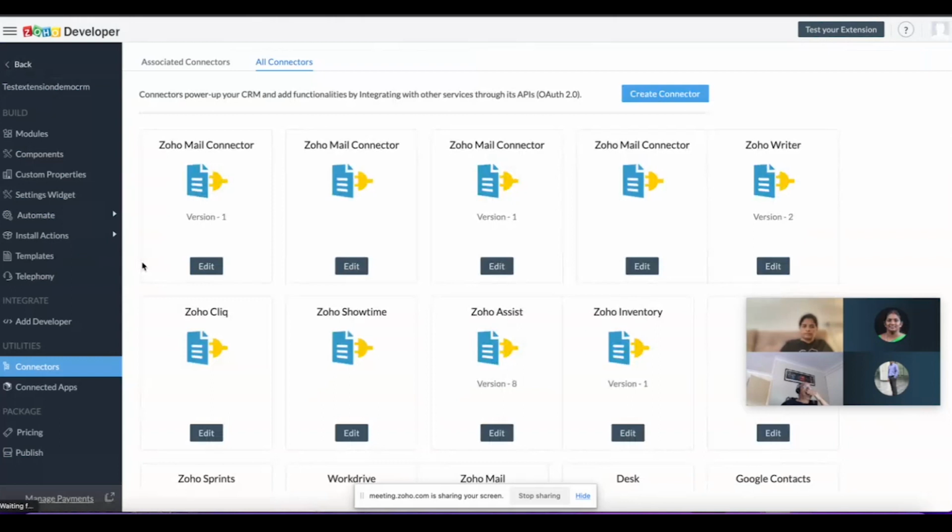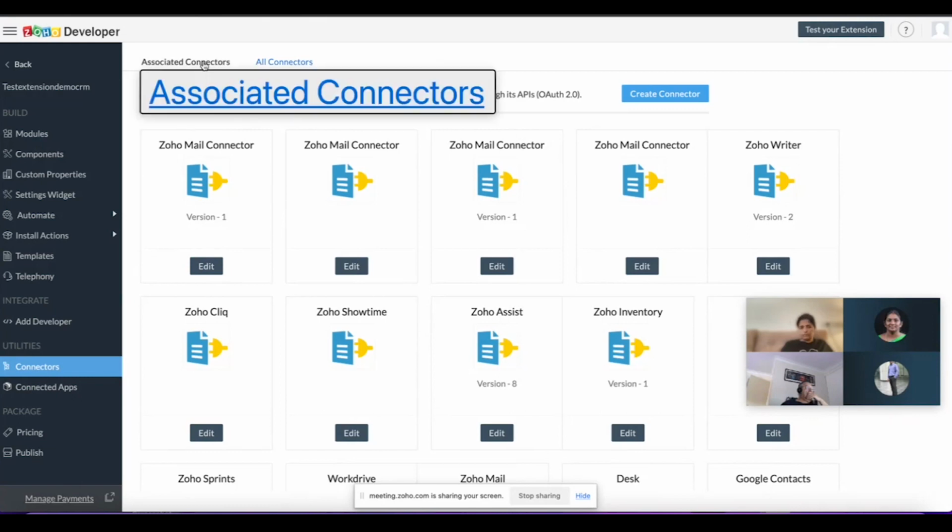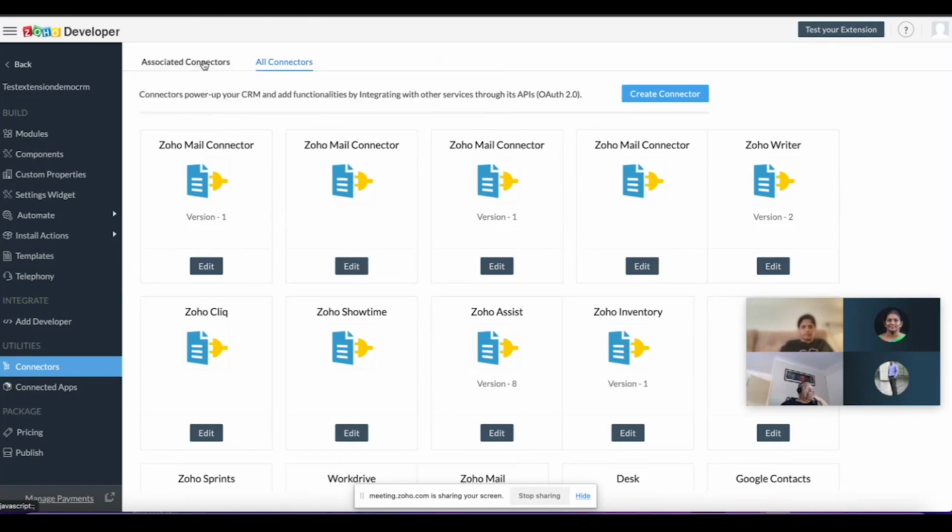So now we've created the connector, added the APIs and published this connector. So this connector component has been created, authorized and published. But then we'll have to associate it with our particular extension, right? So how we are going to do that is that we can go to this associated connectors tab, and under